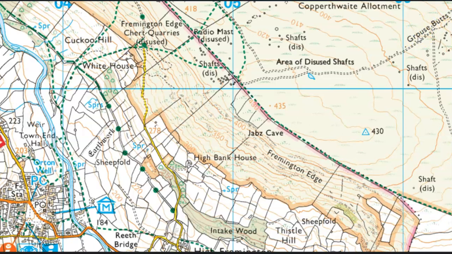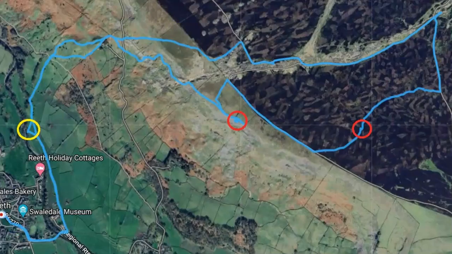So let's have a look at that trace and see if we can work out where I actually went. Okay, so we're starting from the village, heading sort of southeasterly and easterly, crossing the river, and then northeastwards up parallel to the river. Forget this location for now, we'll revisit that on the way back, and then swinging northwards and slightly northeastwards up here. Took this higher path, looks like past some buildings here, and then continue pretty much eastwards here,